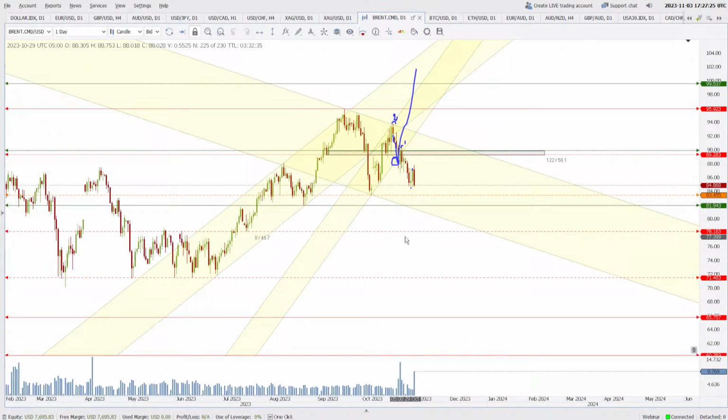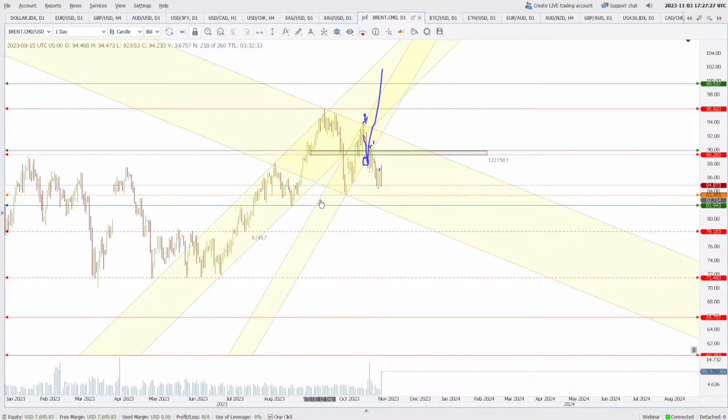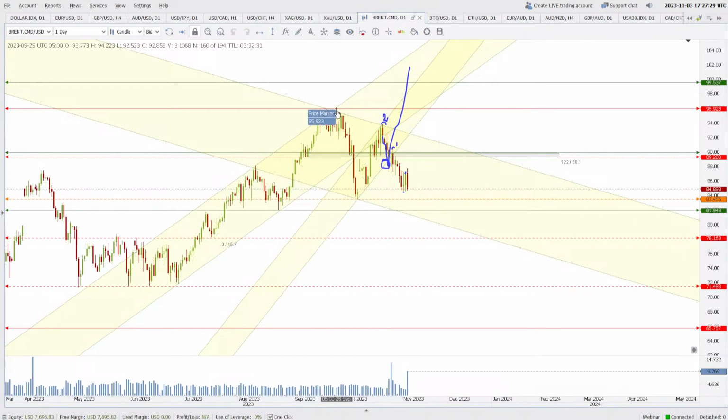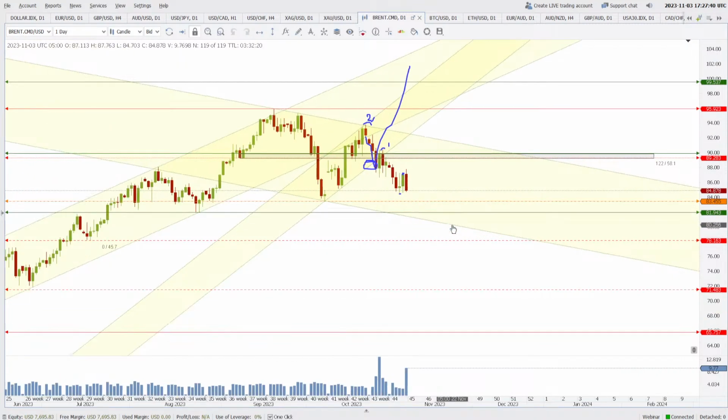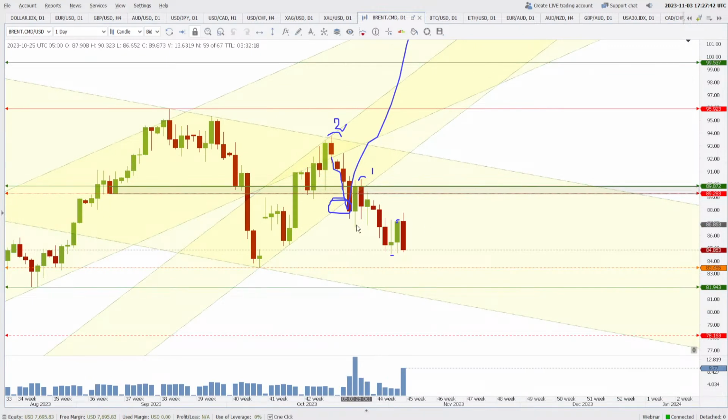Why am I saying so? See, the price was rising, okay, very nicely. It got stopped at around 95.92, from where it gave you, you can say, a reaction low, and thereafter it started rising again. But before it could hit the 95.92, the sellers jumped in and they pushed the prices lower.